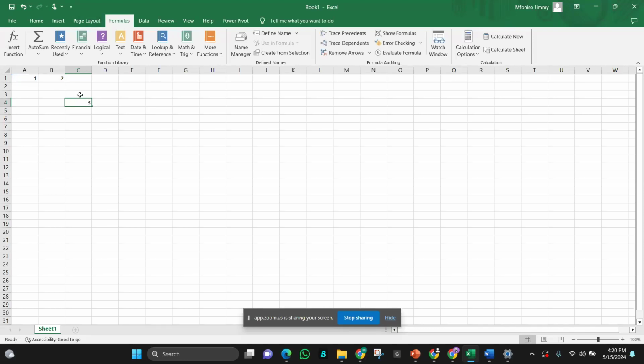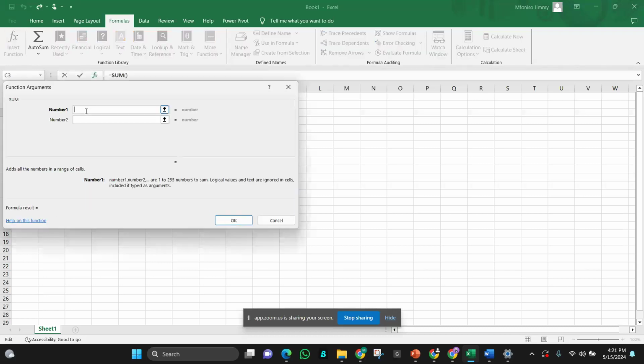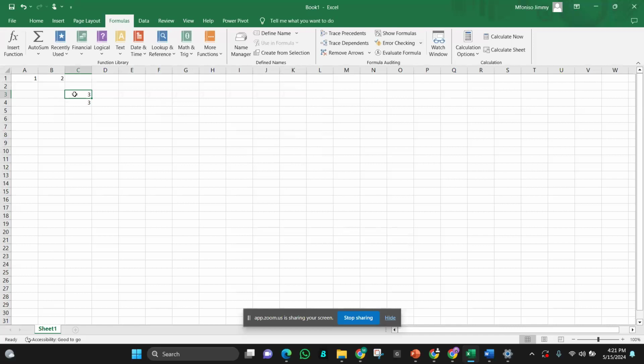Or you can go to the long method, which is insert function, choose sum. Number 1 is, let's say, did you see it?